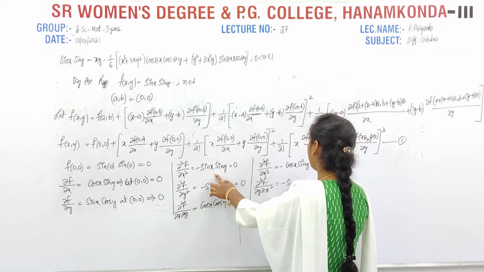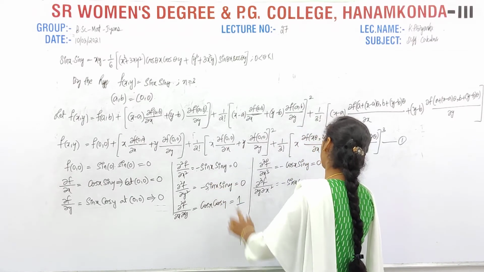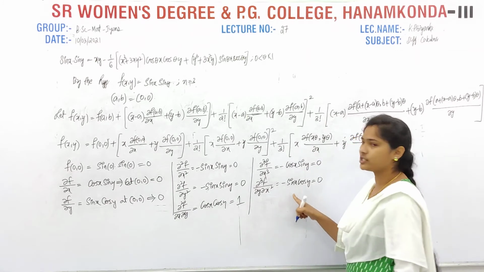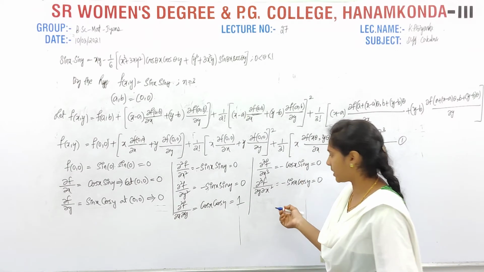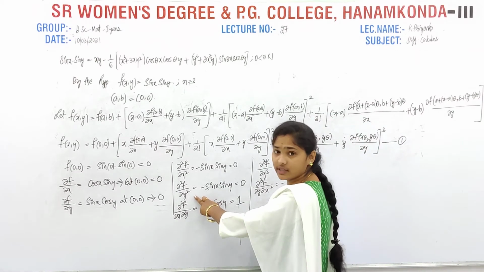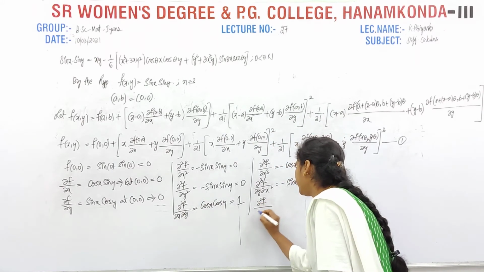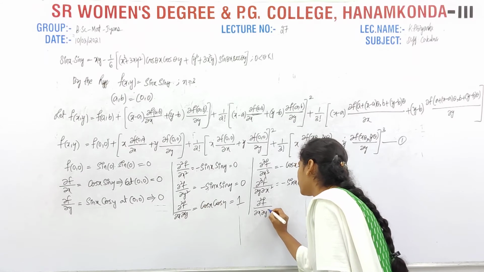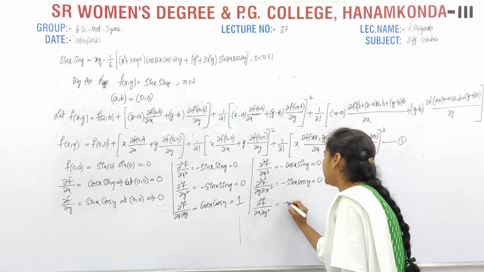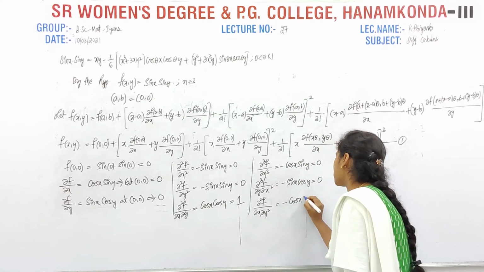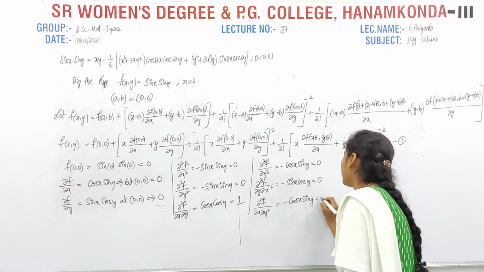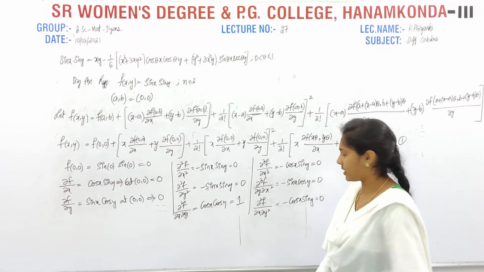Then what we get? Minus sin x into cos y. Now what we get? Simply sin 0 is 0. 0 into something is 0 again. Next, differentiate it with respect to x and y. Then ∂²f/∂x∂y². Then what we get? Minus sin x, derivative is cos x, sin y. Then what we get? Simply we will get the 0 again.